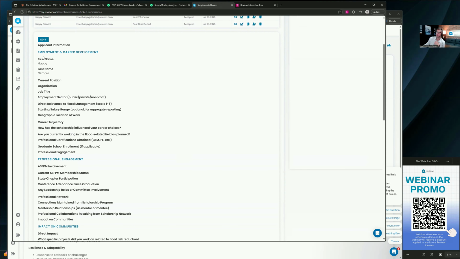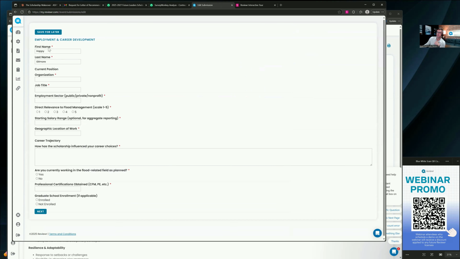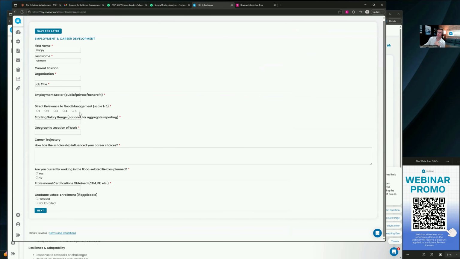So Happy, 2 years from now, wherever that timeline is, could actually come back and fill out an ongoing report. It's going to ask us more about your employment and your career development. How did your scholarship change your life? All this really impactful stuff. Because this is being logged on his profile, you can start to generate reports that compare these results to one another. So, bigger picture, you guys could build this narrative that says, hey, those that go through our scholarship program